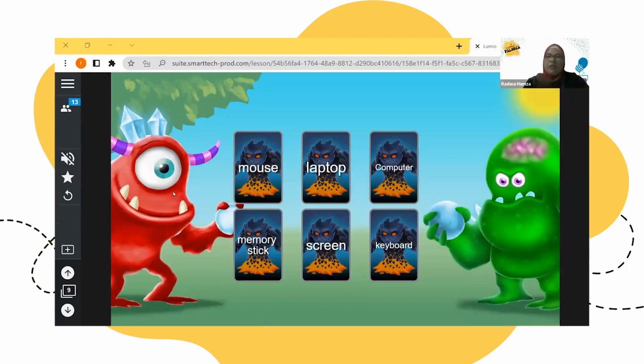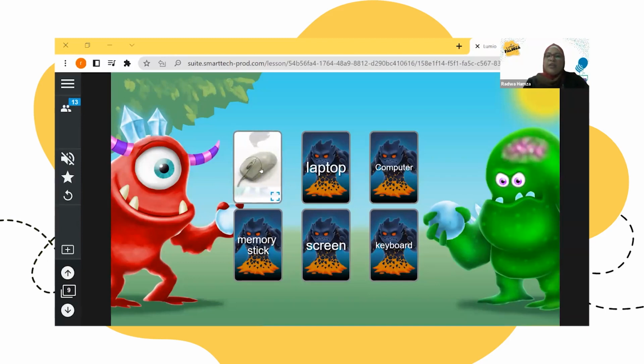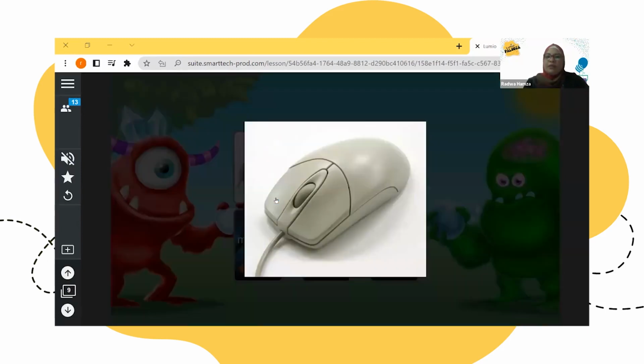So if you start the flip out activity with your students, here I have a mix of some words for a lesson related to technology or parts of a computer. Each word is on a card. If I flip this card, mouse, you can find a picture for the mouse.